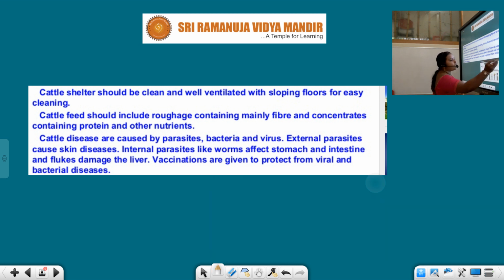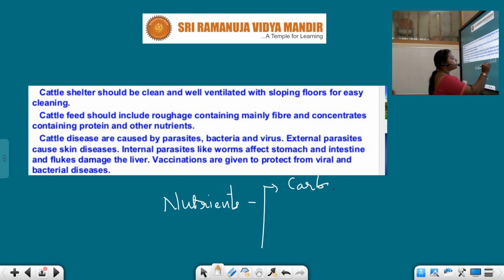Students, just as humans require a balanced diet for healthy survival, in the same way cattle also require healthy nutrients. Do you know what we mean by nutrients? Our food consists of many essential factors such as nutrients. Out of this, carbohydrates,